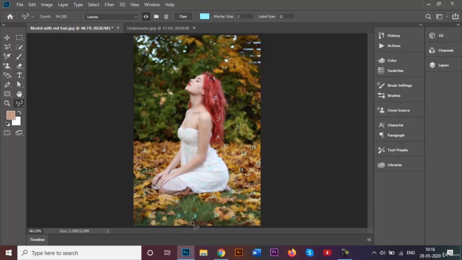So that's how the count tool is used. It becomes extremely useful to point out which points have to be changed, or if there's any object that needs to be removed, you can easily do that. If there's any particular color change that needs to happen, you can easily do that by specifying the count numbers from here,